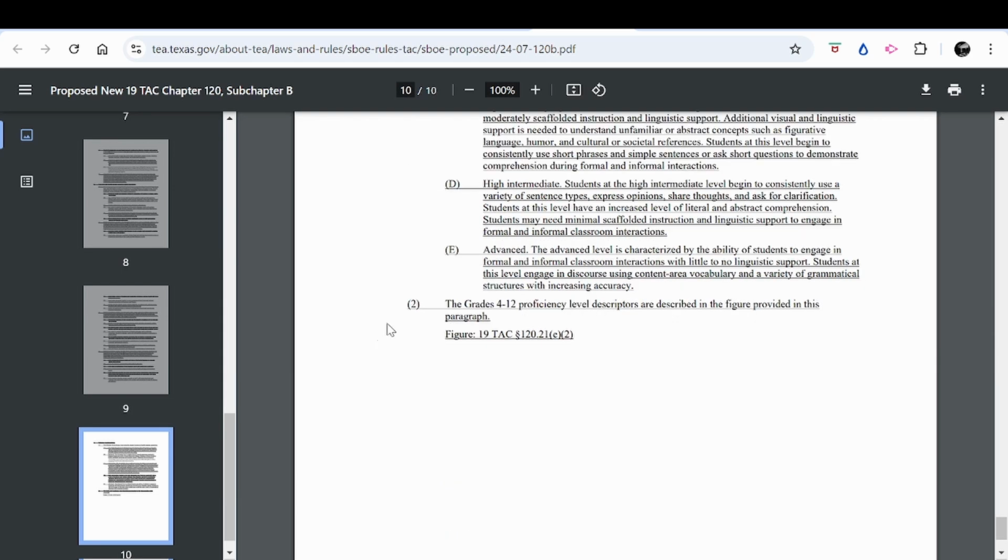Number 2. The grades 4 through 12 proficiency level descriptors are described in the figure provided in this Figure 19 TAC Section 120.21E2.